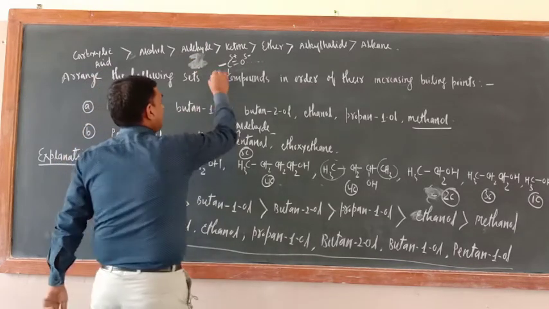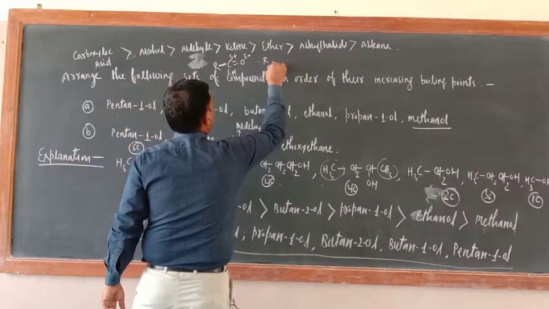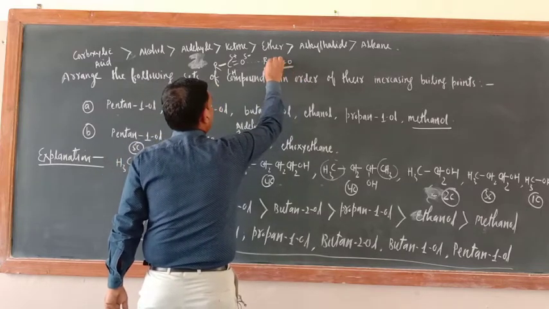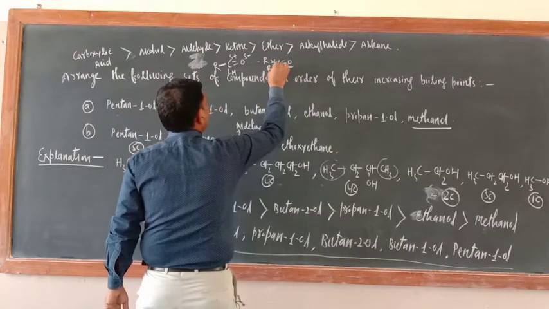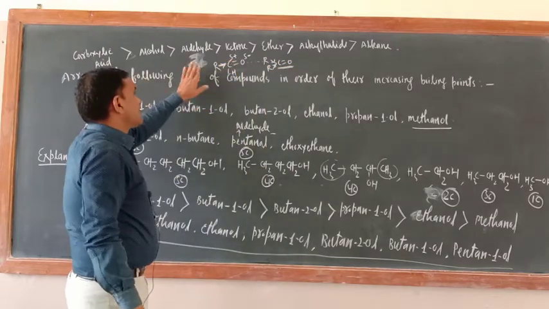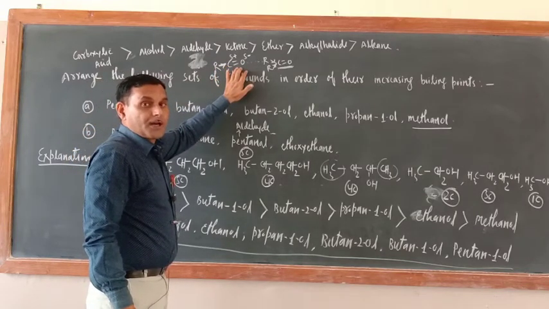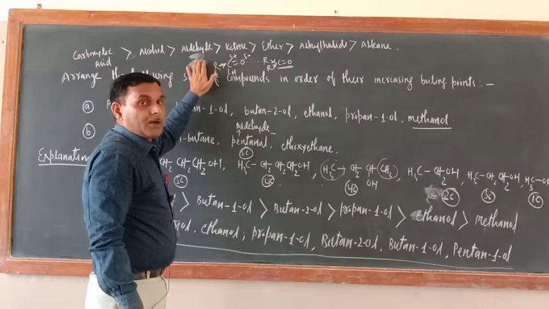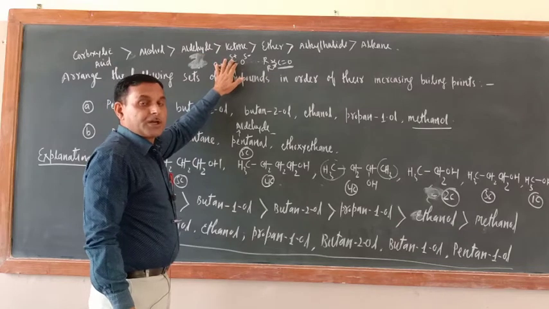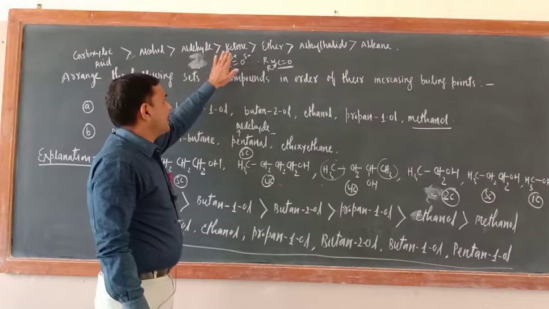Actually in aldehyde only 1 R group is there, while in ketone 2 R groups are there. Polarity is decreased due to the plus I effect of the two alkyl groups in the ketone case. Here only one is there, so the bond has greater polarity, and then dipole interaction would be there. So in aldehyde only one R is there, so it is more polar than ketone, because in ketone two alkyl groups are there. Okay, so the boiling point of aldehyde is more than that of ketone.